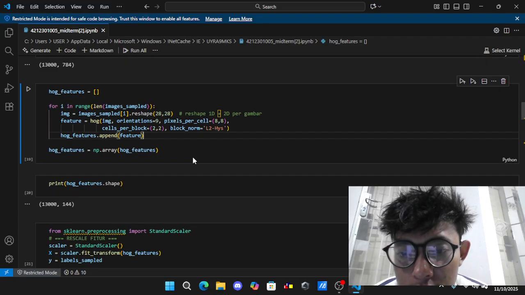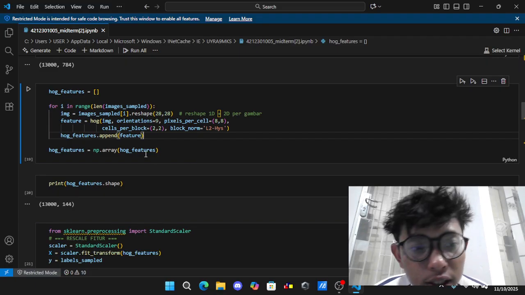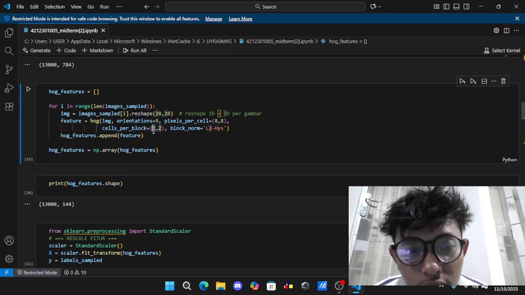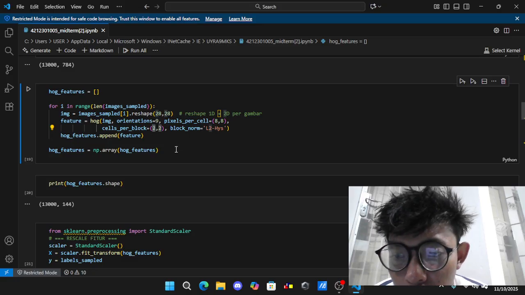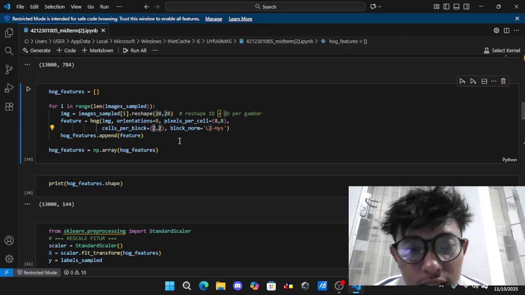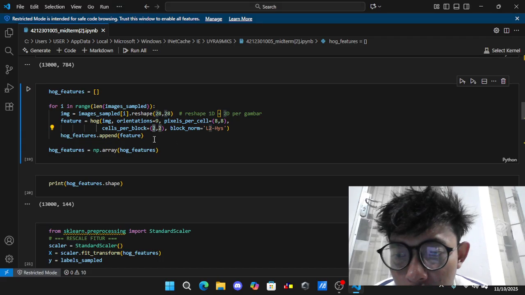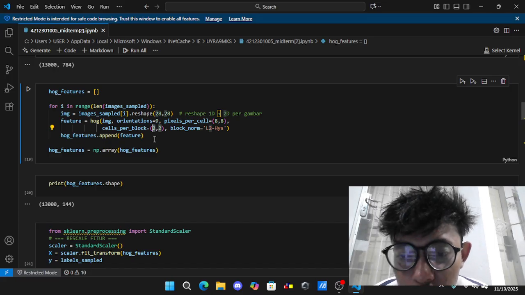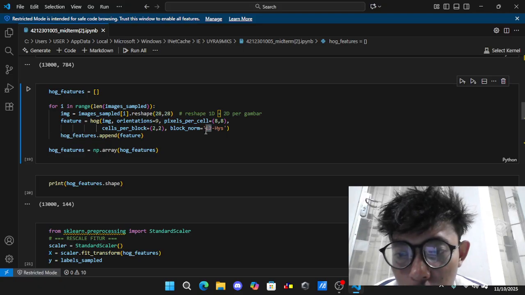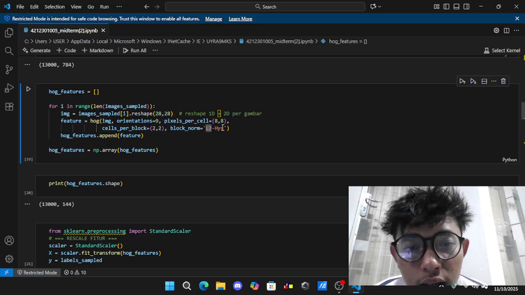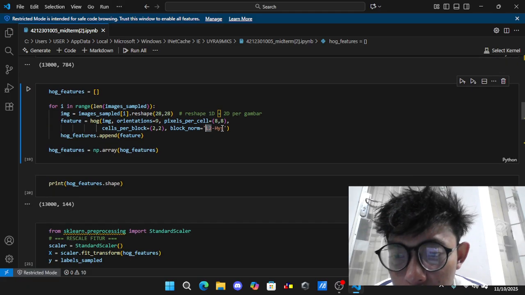For normalization, carried out every 2 by 2 block, cells per block is 2 by 2. Block norm is L2-Hys for each image.